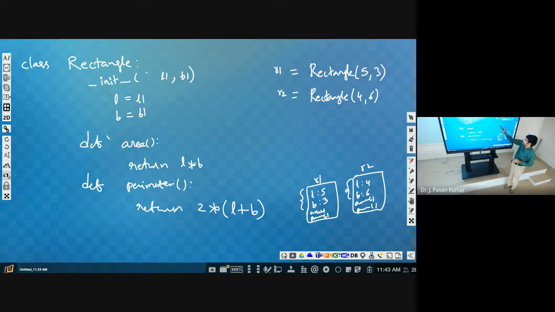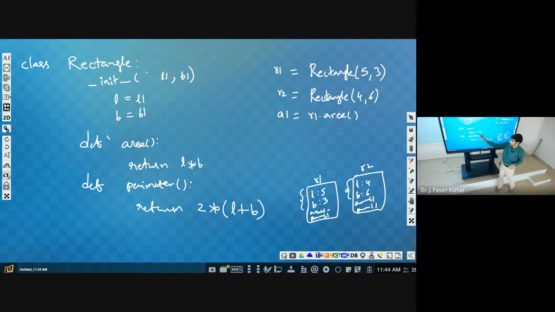So whenever we call like this, let us say A1 is equal to R1 dot area. Then what does it mean? We are calling area function by using which object? R1. So it will check whether R1 is object or not. Within that object, are we having area function or not, it will check. If these two are valid, then it will come here.